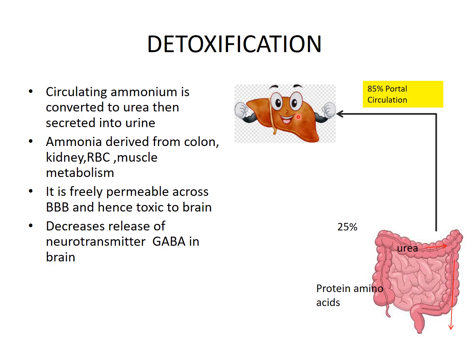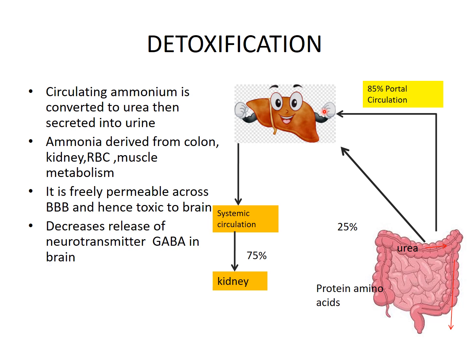As we can see in this diagram, the ammonium coming from the circulation goes into the liver. It is metabolized in the liver and converted into urea. Ammonium is taken up by the hepatocytes in the mitochondria, where it is converted through a series of reactions by the urea cycle into urea. Urea will then diffuse back through the sinusoidal circulation and get excreted out through the systemic circulation into the kidney. So this is the excretory pattern.